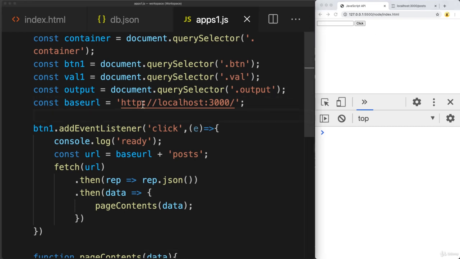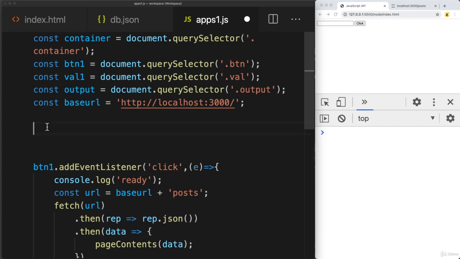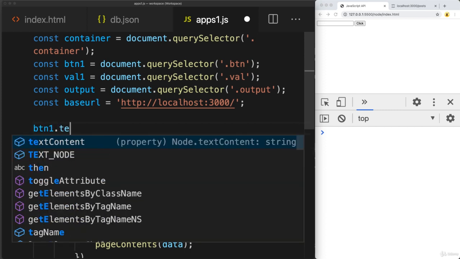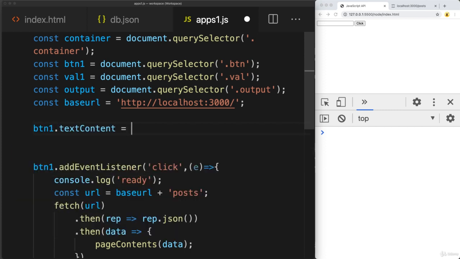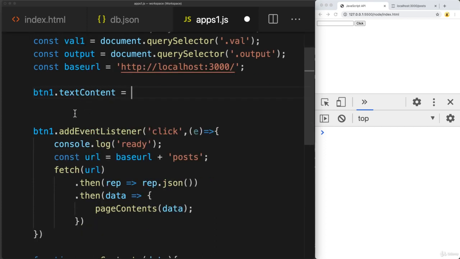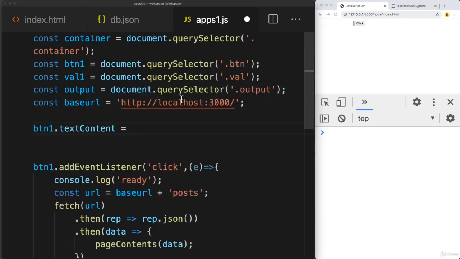And we can actually use the initial button that we have, the button 1, and I'll update the text content. And then we'll add the event listener that's going to load all of the post content. We're going to load that using the DOM content loaded function. So it's going to automatically load and make the fetch request. So selecting the text content,